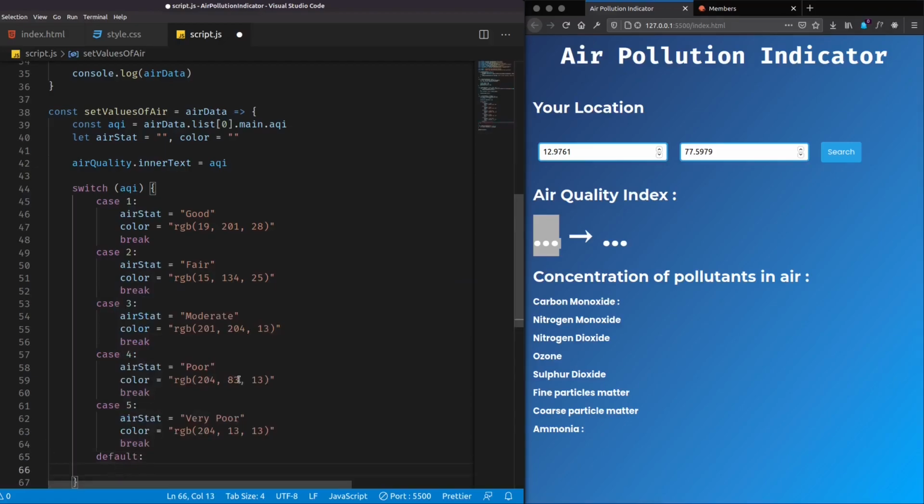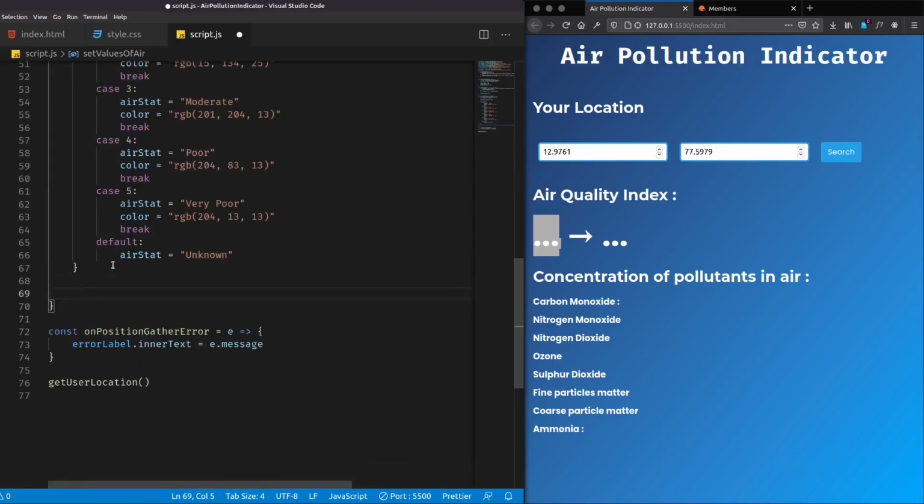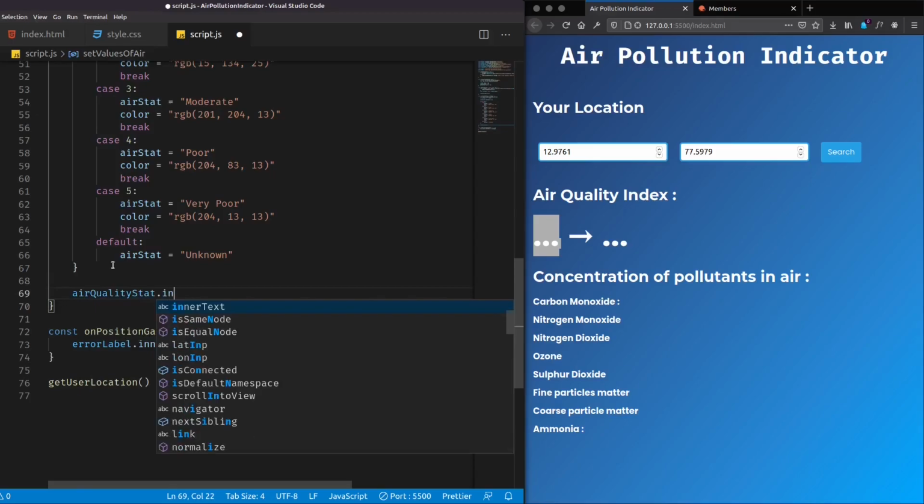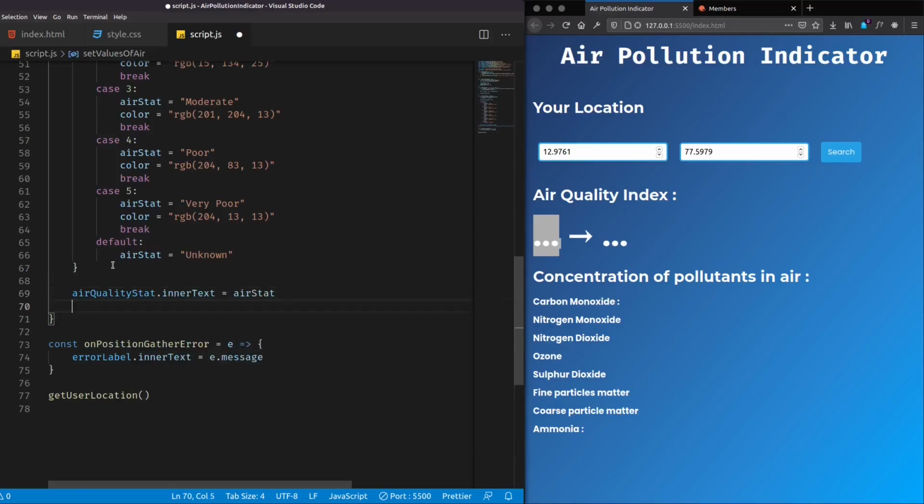The default case will be unknown. Let's set that air quality stat dot inner text equals to air stat, and air quality stat dot style dot color will be the color we set.